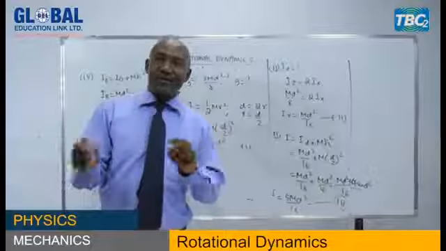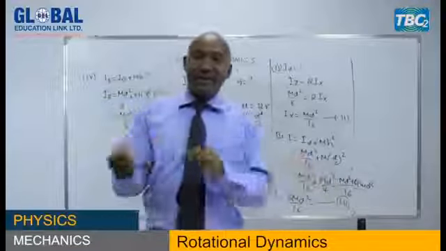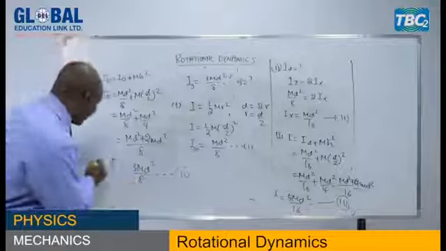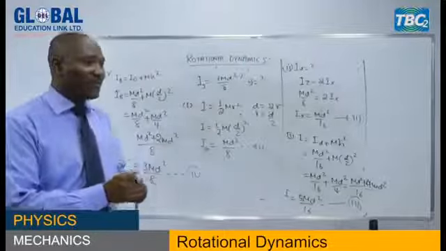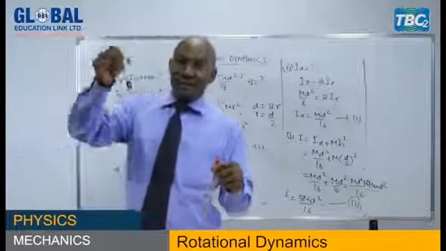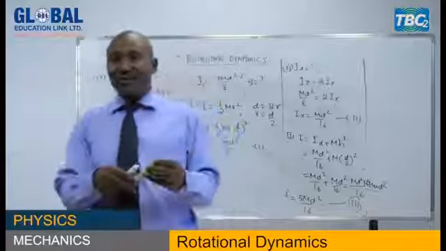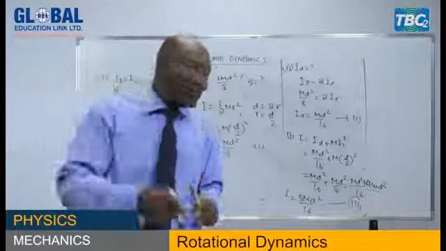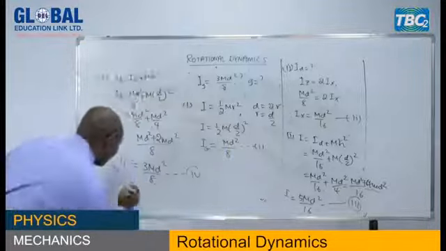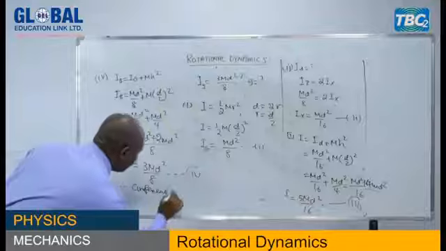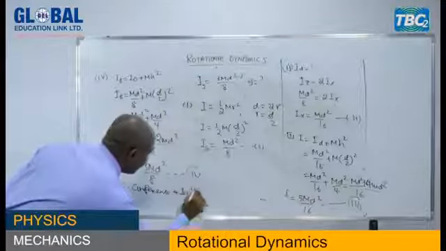We applied both theorems, parallel and perpendicular axis, and checking at the last we found that the object was rotating about an axis which is passing through the circumference of the disk, but perpendicular to the plane. This is the answer. It's passing through the circumference and perpendicular